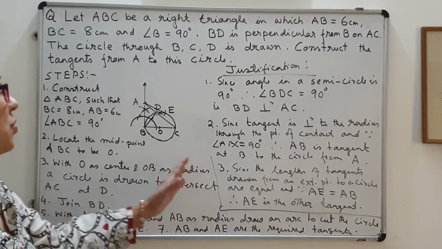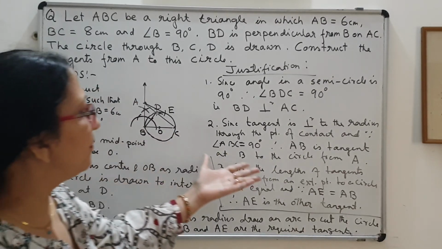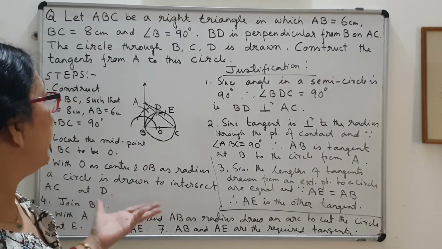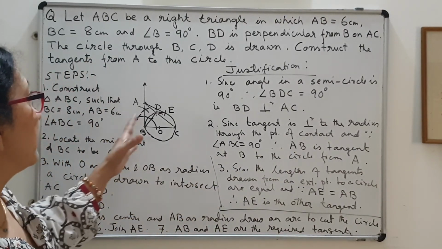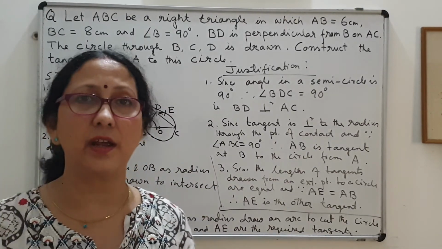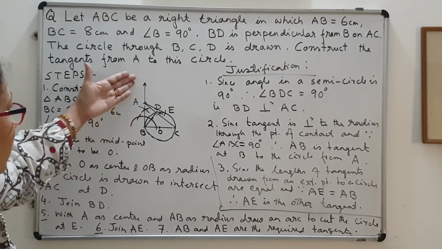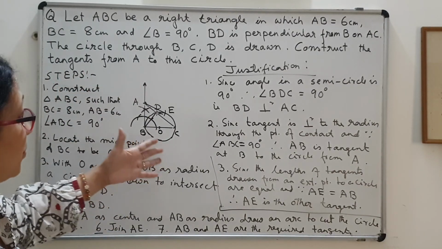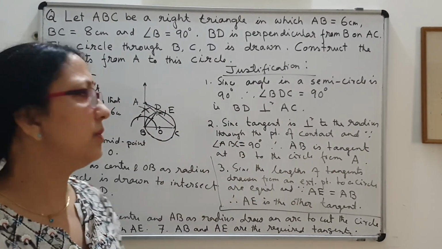So I think you understood the method of construction, and it is a very good question actually, where you have to show your understanding of the construction, how you applied all the theorems of the tangent to a circle chapter and circle theorems. It is a very neat construction as we have used all these theorems. Otherwise it will be very clumsy and difficult.